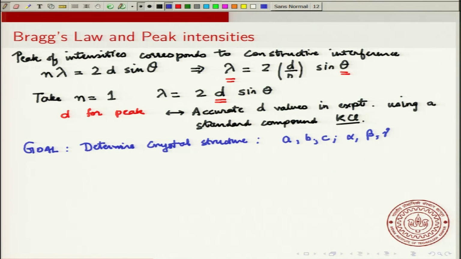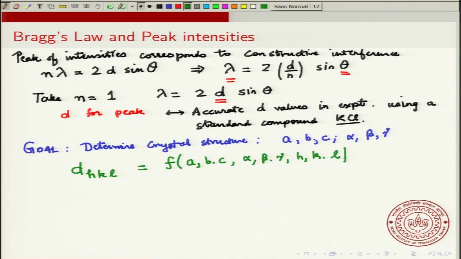Okay. But what is the problem? The problem is that your d of hkl, okay, this is a function of a, b, c, α, β, γ, h, k,